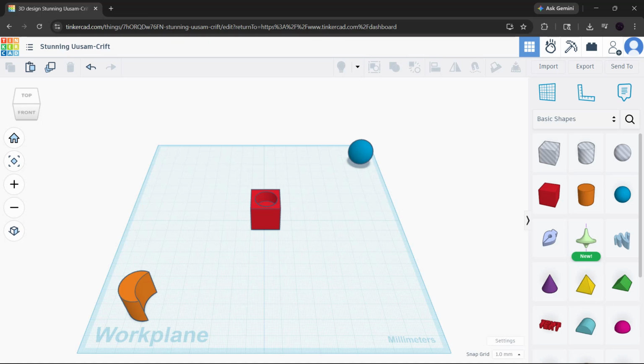In this video, I'm going to show you how to center items in Tinkercad quickly and accurately using the Align tool. This is one of the most useful features in Tinkercad when you want your objects to line up perfectly in the middle, whether you're building a simple model, assembling a design, or just making sure everything looks clean and